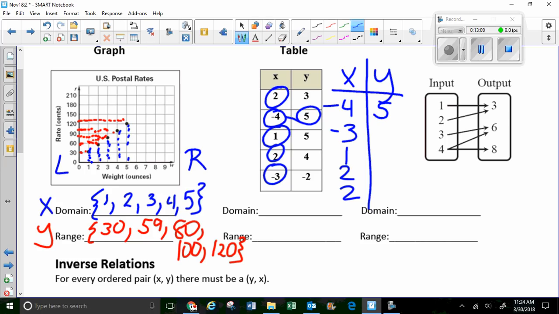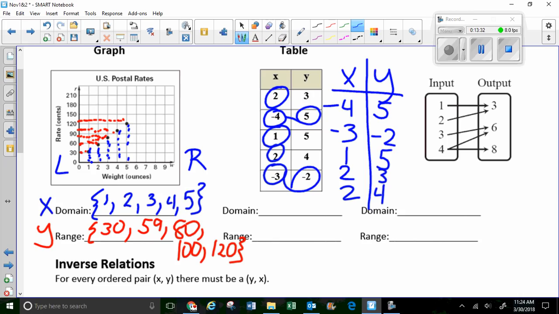You just have to match up the x and the y values that go together. So -4 and 5 go together. -3 has a y value of -2. 1 has a y value of 5. And 2 has 2 y values, 3 and 4. So we can put those. I'm just going to put 3 first and then 4. So there's my table, and now it's all ready, the domain and range are ready to be determined